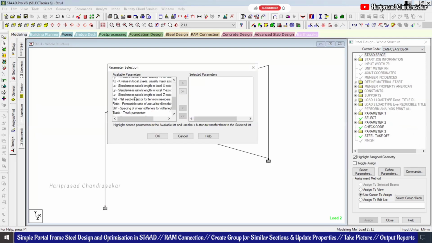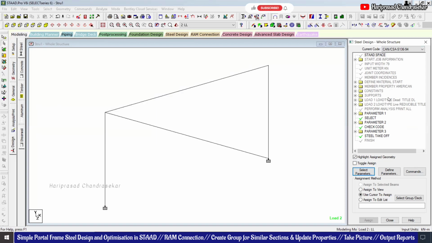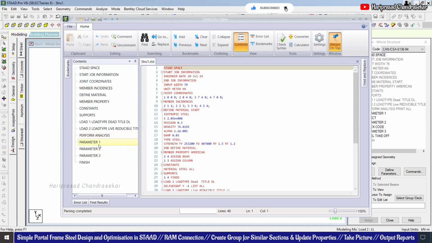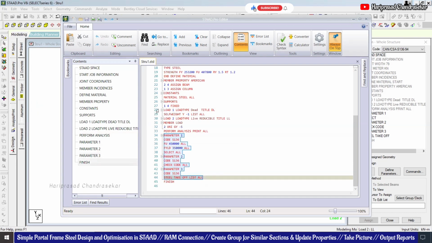What if you are putting some other parameters? Okay, otherwise we can go to the STAAD editor. See, yesterday it was not coming, today it was coming. STAAD editor, I'm going. So now what I can do is I can just double click. You can see this one, right? Okay. I'm just going to select everything and you can put comment. When you put comment, it will be hidden from the